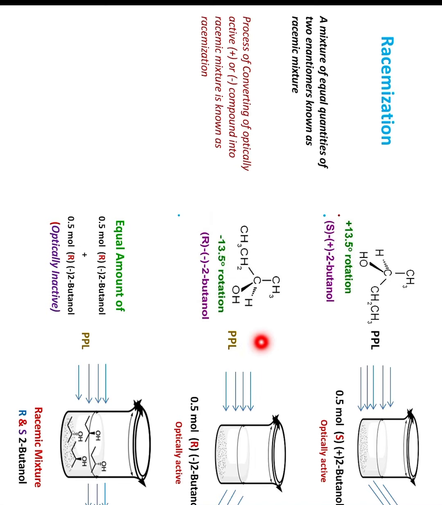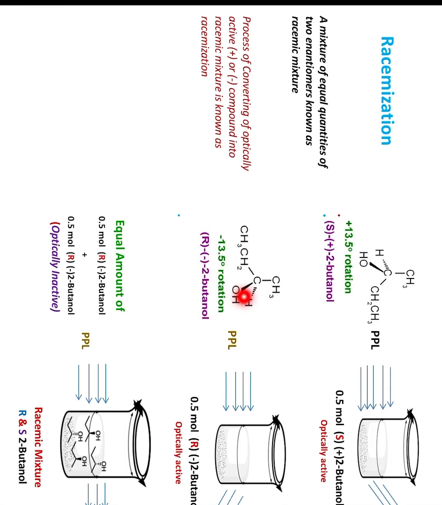Now, we know that enantiomers are a pair of molecules having the same molecular formula, but their mirror images do not superimpose over one another. For example, this is the 2-butanol molecule and this is the 2-butanol molecule. Both are the same molecule, but you observe that this one is described as S-2-butanol, and this molecule is represented as R-2-butanol, because though the two